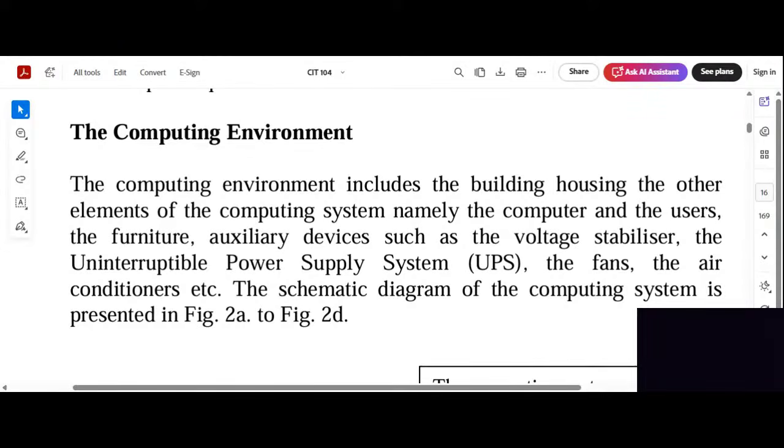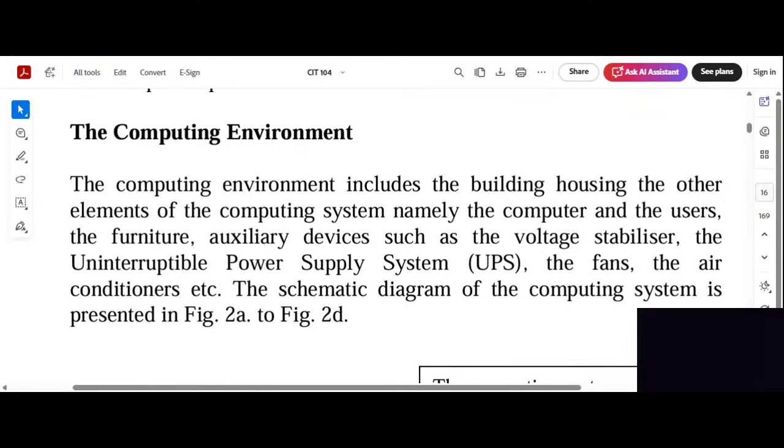What we have tonight is the computing environment. That was where we stopped in the last class. We've been talking about a lot of things in this course. We've talked about a brief history of the computer. We've talked about what a computer is. We've talked about data and information. We've talked about methods of processing data, the manual, the mechanical, and the computer method. We talked about the advantage of the computing method, and the characters of the computing method, like the speed, the accuracy, and so on and so forth. If you remember, I think we used a mnemonic then to hold those characters so that we will not forget them. So we've done all that in this course already.